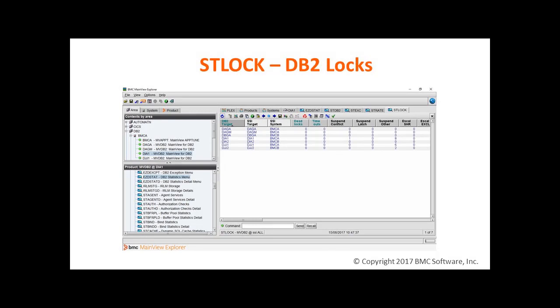Returning to Statistics View again, click twice on Locks. You'll see STLOCK view containing a list of current DB2 locks. Note the columns deadlocks and timeouts. Deadlocks are caused by threads requesting access to 2 resources which can never be resolved. DB2 chooses its victim by selecting the thread that has done the least number of updates, and lock timeouts are